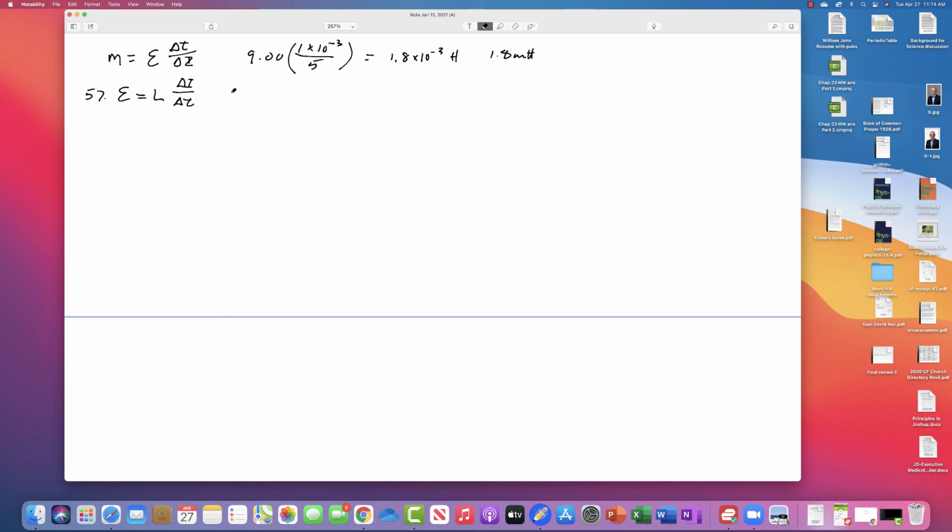So here's the EMF. So we just plug in the numbers here. So it was 7.50 times 10 to the minus 3 times, and the current was 4 amps, and it was 8.33 milliseconds. And so the induced current is 3.60